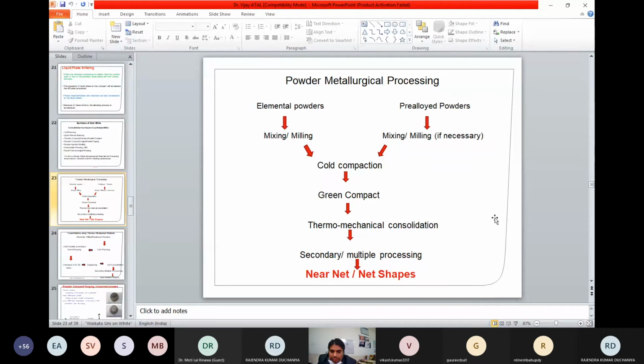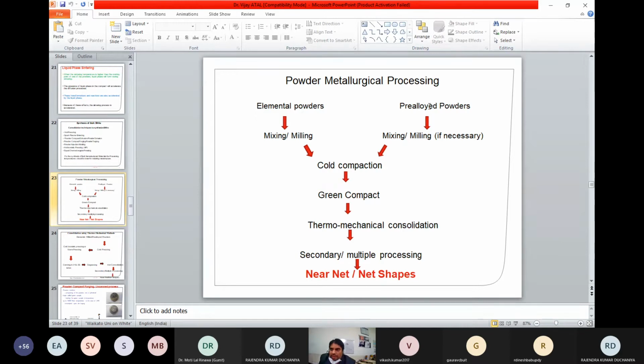The general procedure of producing a net or near net shape using this technique is given in this flow chart. Either elemental powders of the shape memory composition, titanium based or copper based, you can directly mill, either alloying or making a composite, then cold compaction, and then further thermomechanical consolidation and processing to achieve a net or near net shape.